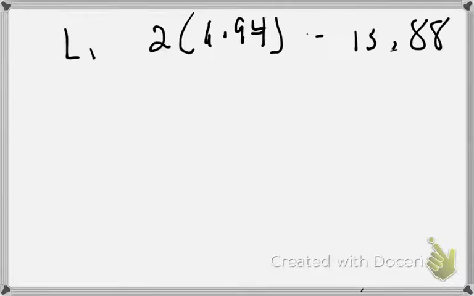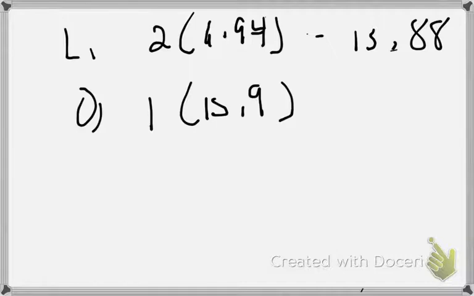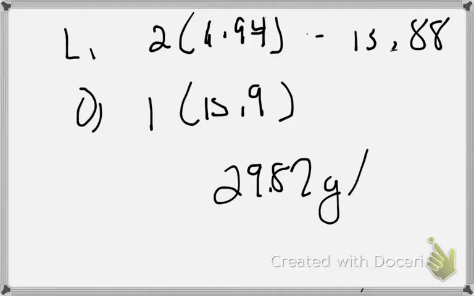Then you've got oxygen, which is one of them, at 15.99. When you add those together, you get 29.87 grams per mole. And that's the number you need in order to calculate. So 29.87 grams per mole. If you go back to our original problem,